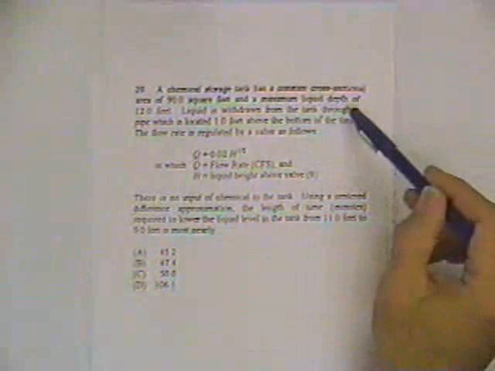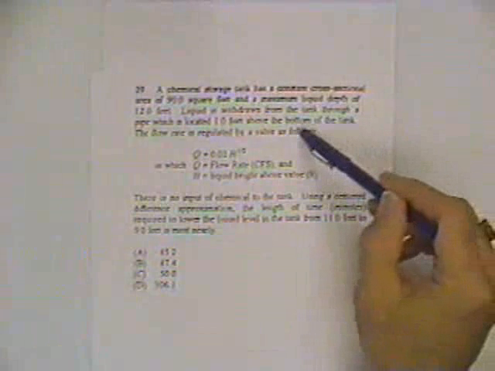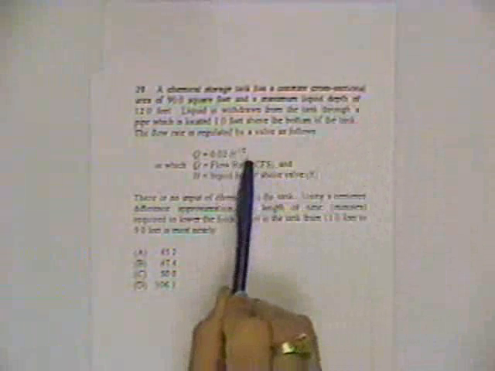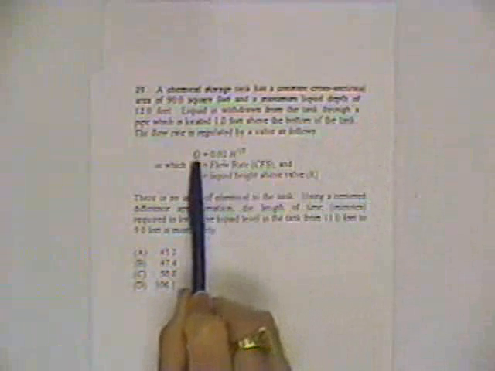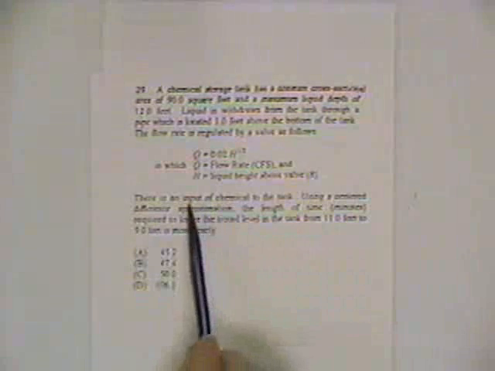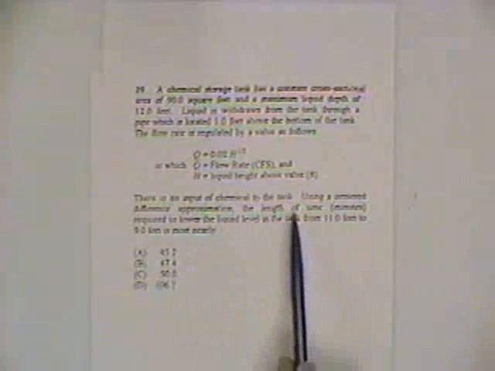Liquid can be withdrawn from the tank through a pipe, which is a foot below the bottom of the tank, and the flow is regulated by a valve such that the flow depends on the liquid height above the tank. All right, so it says that there's nothing else coming into the tank, and it says to use a center difference approximation to determine the length of time required to lower the liquid level in the tank from 11 feet to 9 feet. Right? So first of all, in this problem you have to specify what the